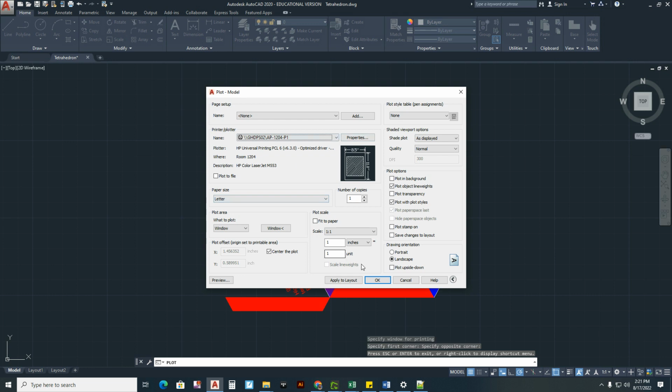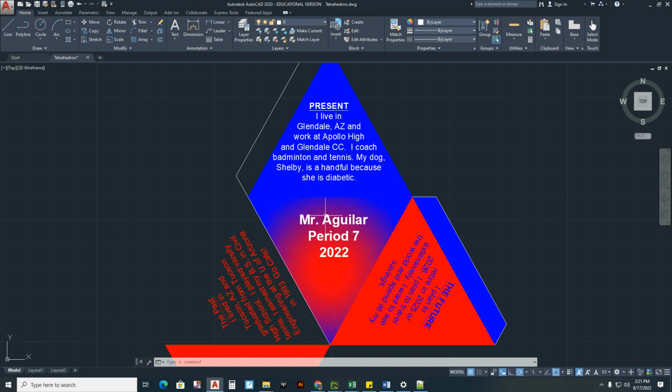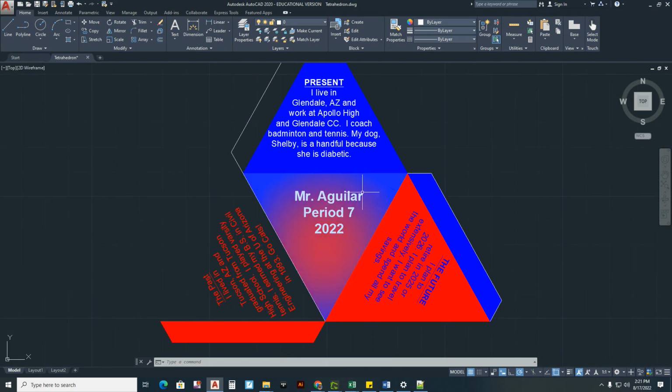When you get back to this window, don't click OK, or you'll print incorrectly and just waste paper. Instead, click apply to layout, and that saves all your settings on this dialog box. Then hit cancel, make your changes or adjustments wherever you need to. Then you can go back to print,